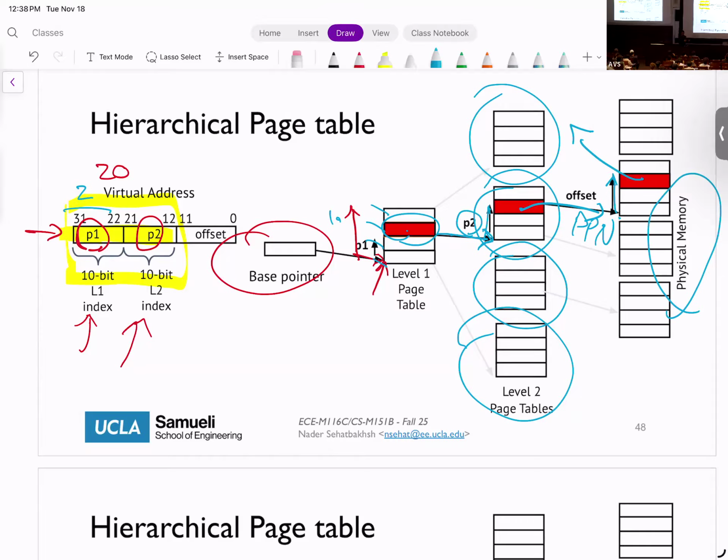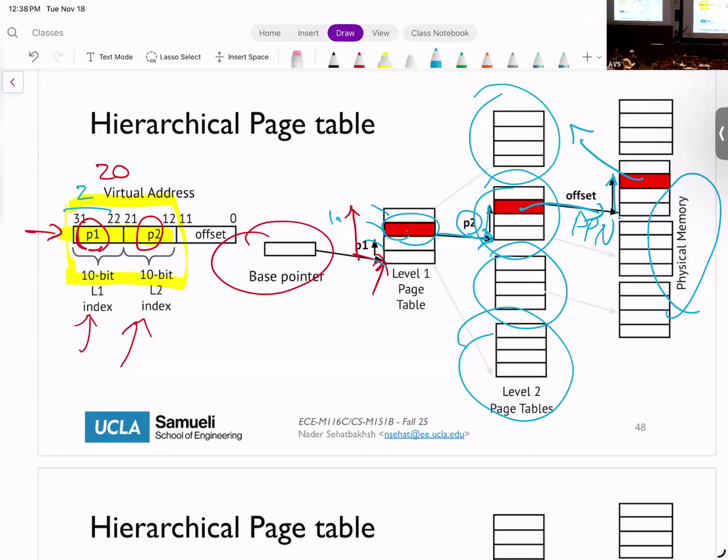So let me repeat. What I'm trying to do is reduce the amount that I need to store as the page table. The idea is that the same way that we did paging, we use a page table for the page table. This is called hierarchical page table. In modern systems, this could be 4 to 8 levels of page tables.